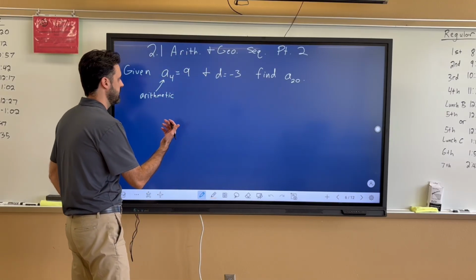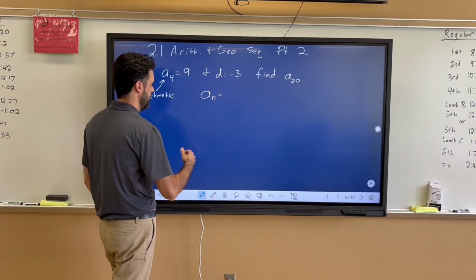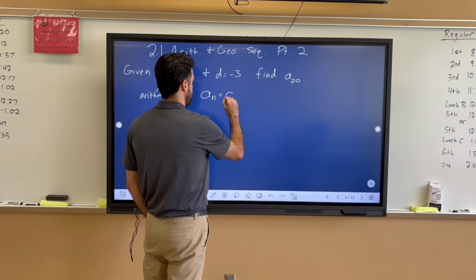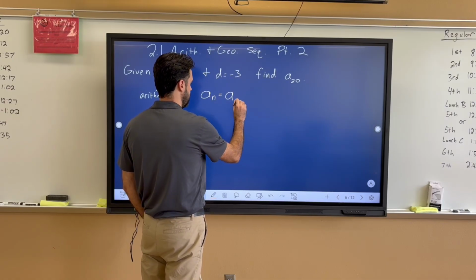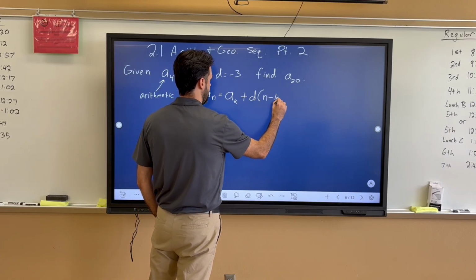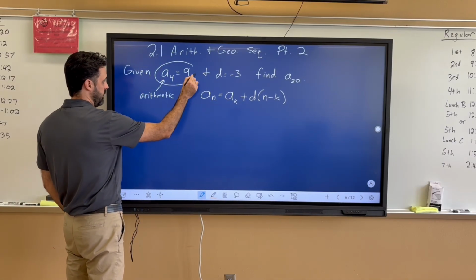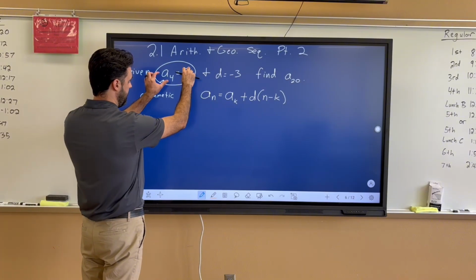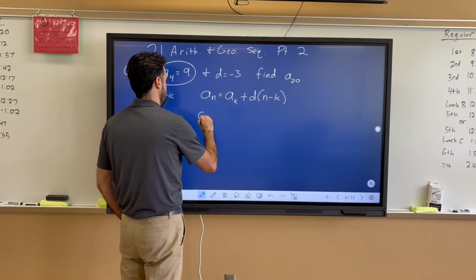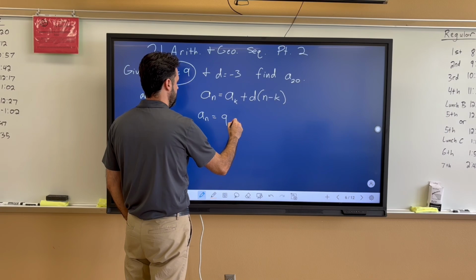So what we want to do in a question like this is start by coming up with a formula for the nth term. For all arithmetic sequences, we learned in the last video that the nth term is equal to whatever term we choose plus d multiplied by n minus k. Because we're given the fourth term, this is what we're going to use for a sub k. We're going to plug in that 9, and then k is going to be just 4 for this one. So a sub n is going to equal a sub 4, which is 9, plus d,